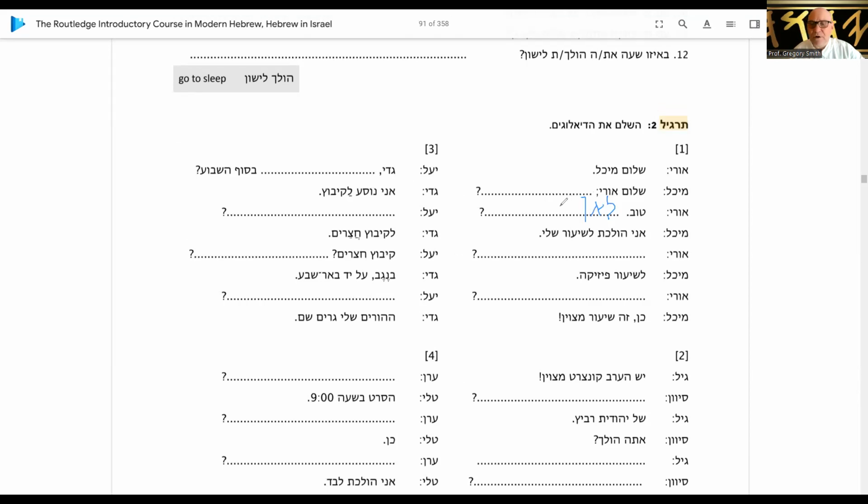Okay, so lean to where, at holeket. Okay, lean at holeket. So Ori says good. Lean at holeket. Where are you going? Mikal says ani holeket leshiur shali. So I am going to the class belonging to me. Ori says